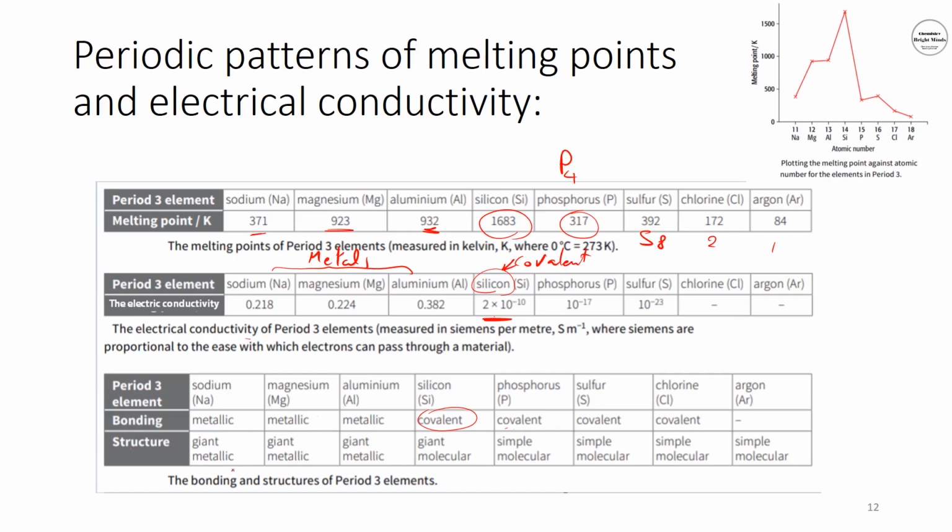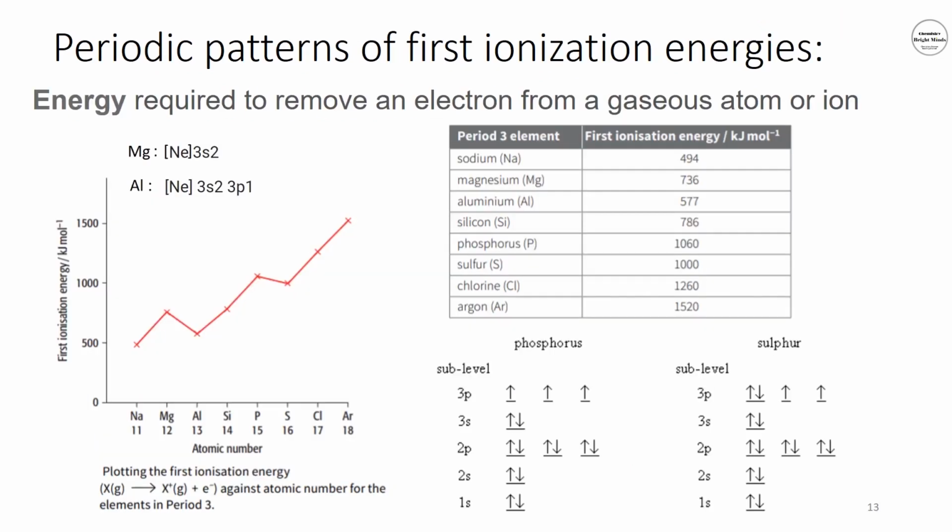So for the structure in here, I have a giant metallic lattice. Even in magnesium and aluminum, this giant crystal lattice is held together stronger, but in silicon I have a giant molecule. And now I'm moving to the non-metals, where I have simpler types of molecules. Now moving to the first ionization energies, we will also explain the pattern of first ionization energy